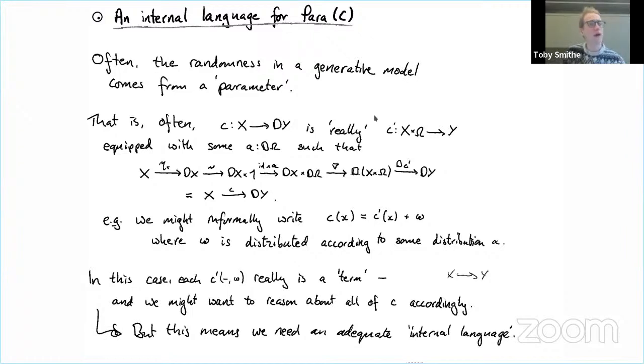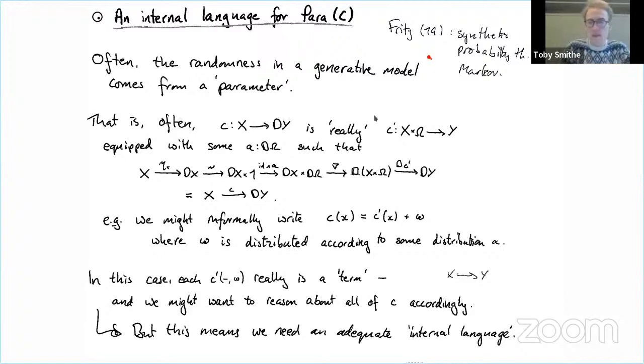So I'm not going to say in general that every single map, say from X to dY, is of this form, although I believe it is the case in the finitely supported probability case. If you want a reference, read Tobias Fritz's paper, I think from 2019, on synthetic probability theory in Markov categories. This is where he gave the definition, I think, of Markov category.